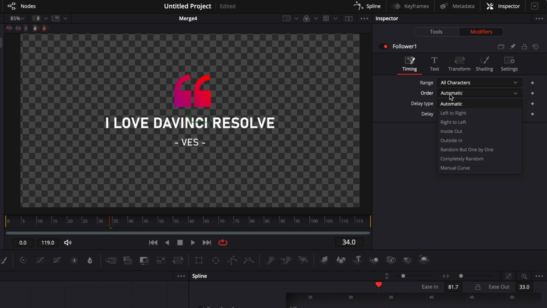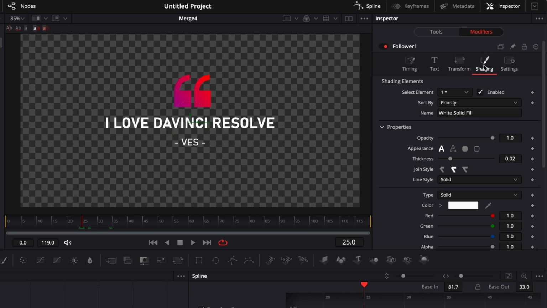Instead of automatic, I'm going to go with outside in, and here I want something between each character, so I'm going to leave it like that, and we're going to reduce it maybe here to, I don't know, -0.25, something like that. It's basically going to be a delay between the animation of the letters, as you're going to see later on. I'm going to click on the 25th frame to add my keyframe,